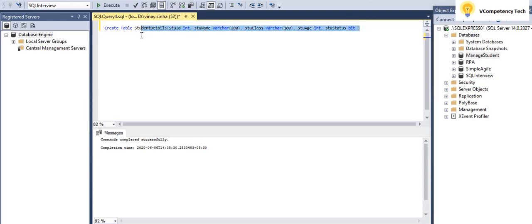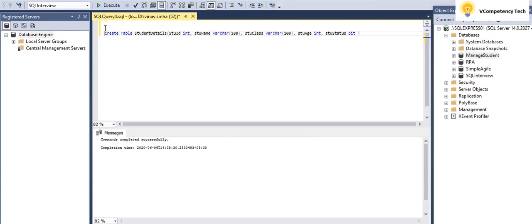So these I need to create under manage student, but here what is open is a different database. So what I will do, I will come here, I will write use manage student.